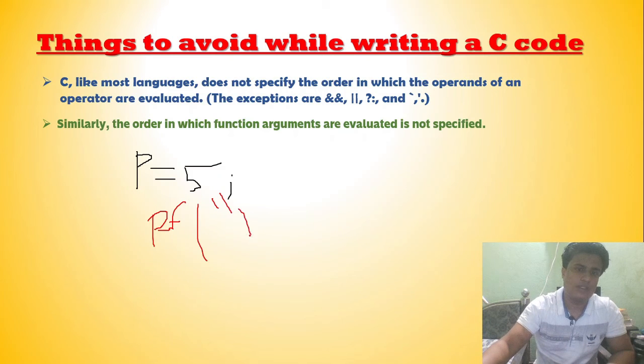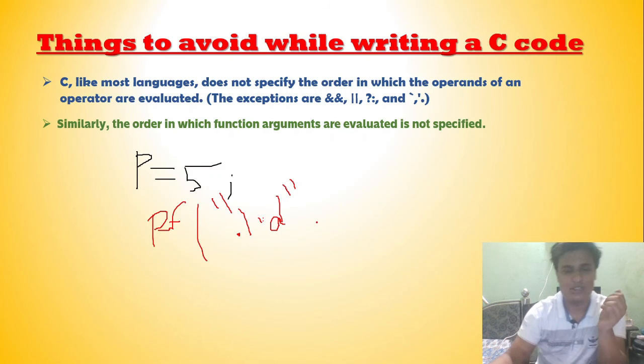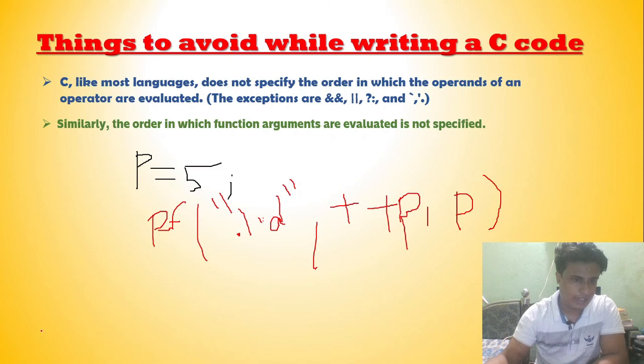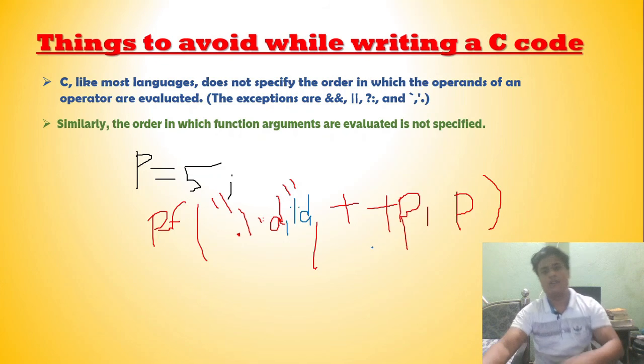Suppose some format specifier %d, and you think, let us optimize the code I have told you. So you try the experiment and write p plus plus, to increment p and then print out the value of p. Suppose you write it like this. In this case, what will happen? With another format specifier %d, we are passing the two arguments simultaneously.